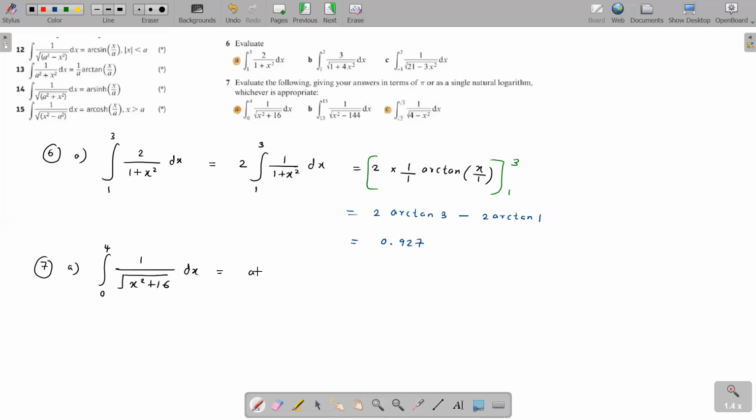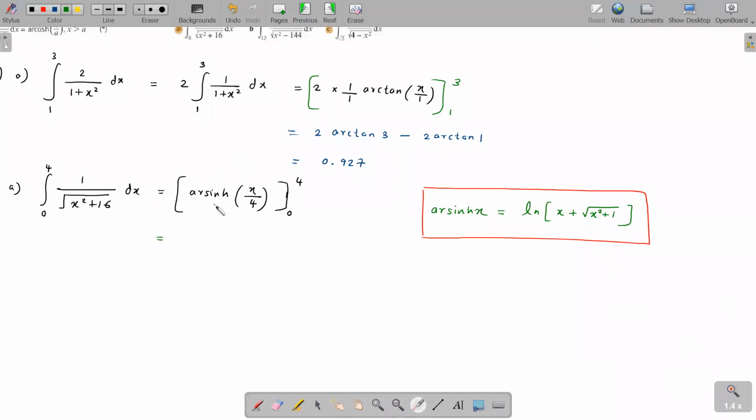It's arsinh x over a, and a is 4, right? A is 4. Arsinh x over a. Okay, so then let's input the limits, 0 to 4. So continuing with the limits, let's input our limits here. Arsinh x is 4, right? So arsinh 4 over 4 minus arsinh 0 over 4. So basically we get arsinh 1